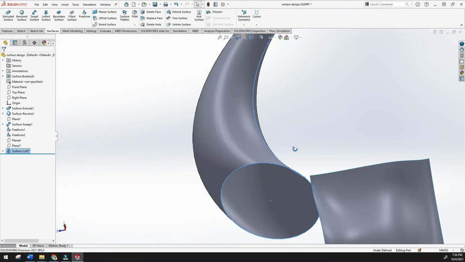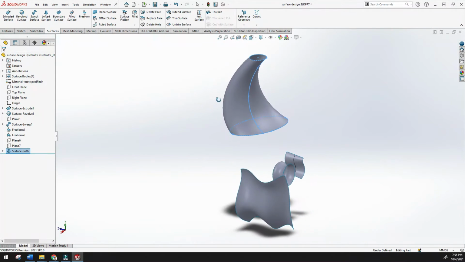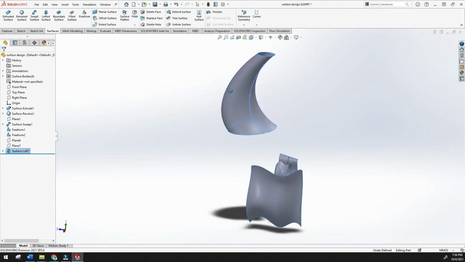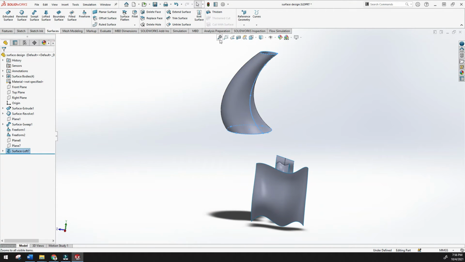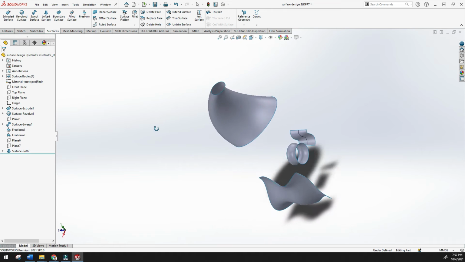So actually I wanted to show you the mistakes where we can do the mistakes and we will be irritated while we are using the lofted surface or swept surface. Okay, make sure that the guided curve should be suitable for designing these things. Okay, so this is the way to create the lofted surface.